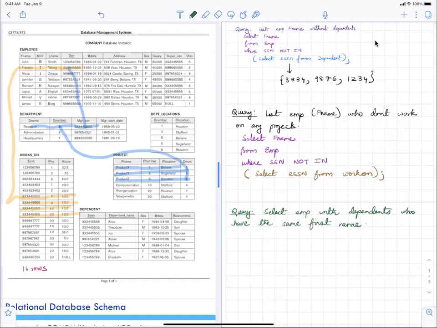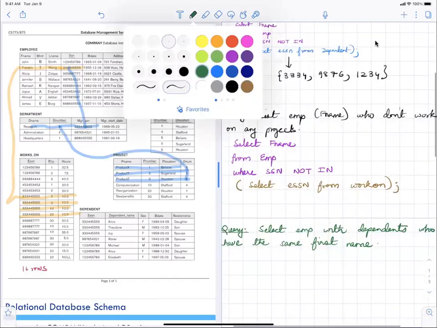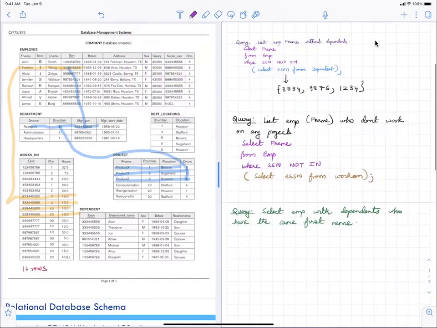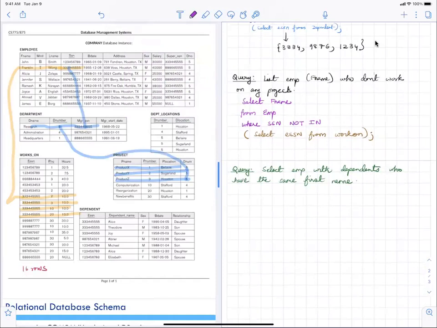So again, we have to first look at the employee table. So that's the one on top. In the nested query, that's the outer query. So we have select first name from employee.